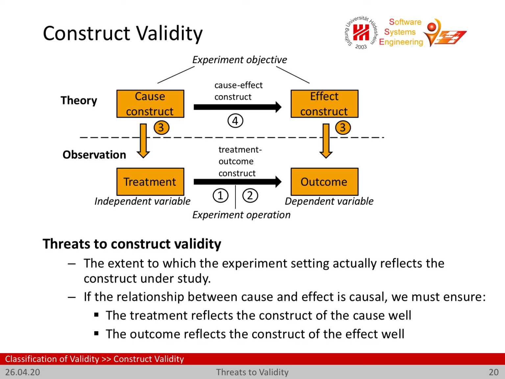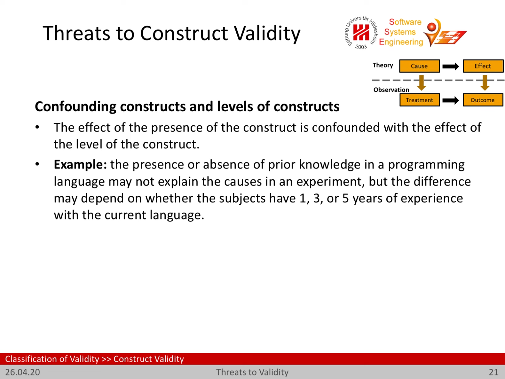If we are looking for a causal relationship, we need to make sure that the treatment reflects the construct of the cause well, and that the outcome reflects the construct of the effect well. Again, let's look at such an example of a problem. So here we have the problem for construct validity that we may translate